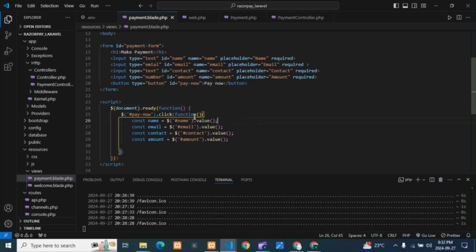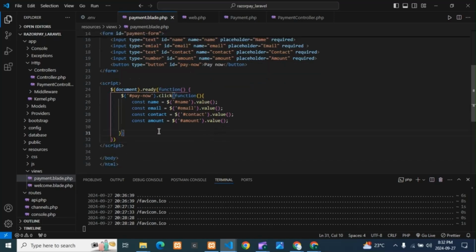So here is my click function, this is correct, then name, email, contact, oh the spelling is C guys, it is contact. Okay, it's correct now. I'm fetching here, then okay, this is done guys, this we'll see later. Here it is closing, here it is closing, here it is closing, one will remove. Okay, so when I click on this pane now, I'm fetching all this data guys, and after that